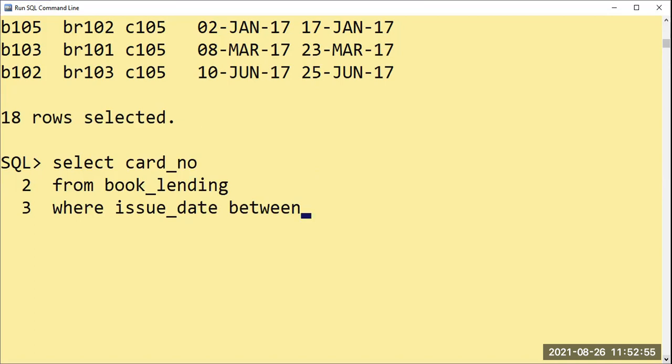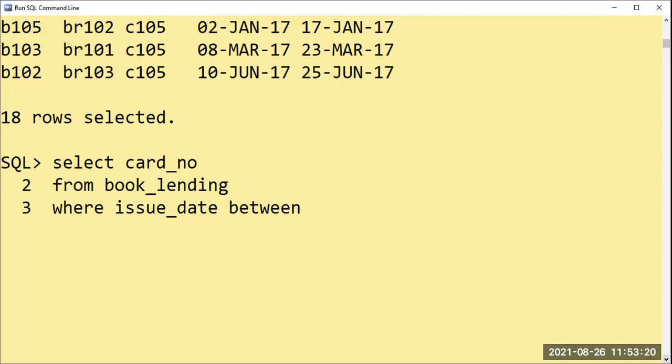For submission of the assignment, it should be between 1st August to 10th August. In this between period, you have to submit. Your examination will be conducted between 13th September to 30th September. I'm telling you the example. So you are supposed to write the between keyword.